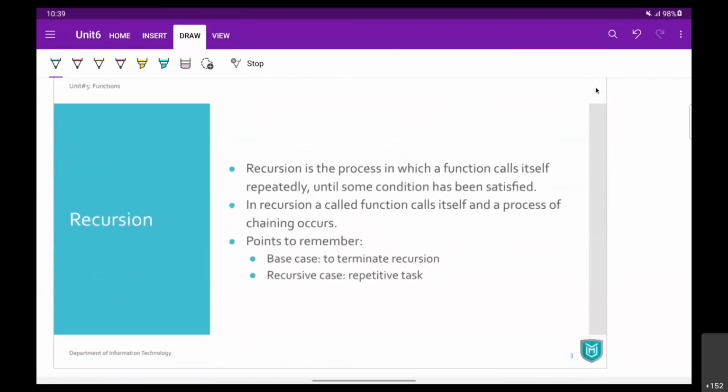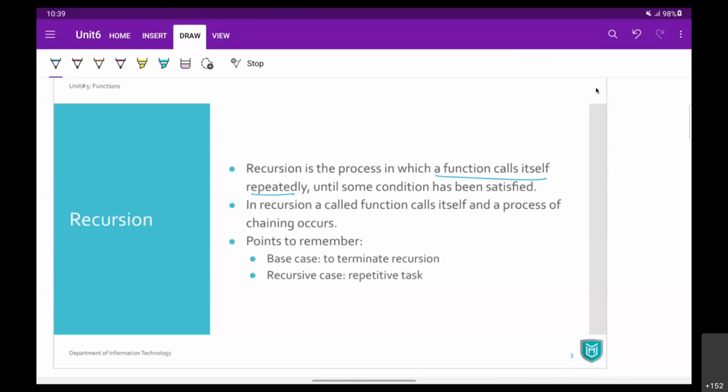That's a kind of revision for all of you, because we have considered this in the previous unit. Recursion is nothing but a function calling itself repeatedly. Once a function has been called, it is going to call itself again and again until some condition is satisfied.